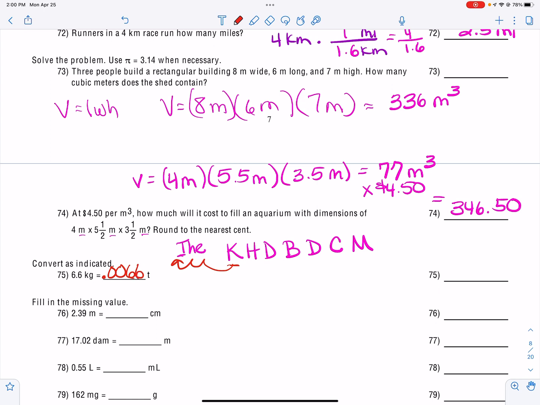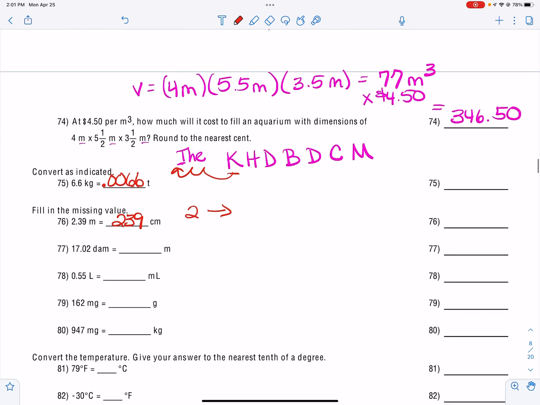metric tons, okay? If we're going from meters, which is the base, to centimeters, we are going 2 places to the right. So that would be 239 centimeters. When we are going from decameters, remember DA is before the base. We're going from decameters to meters. That's 1 place to the right. So that becomes